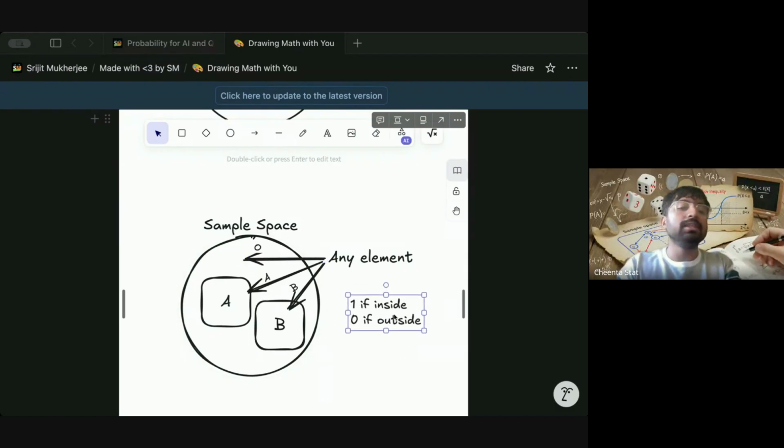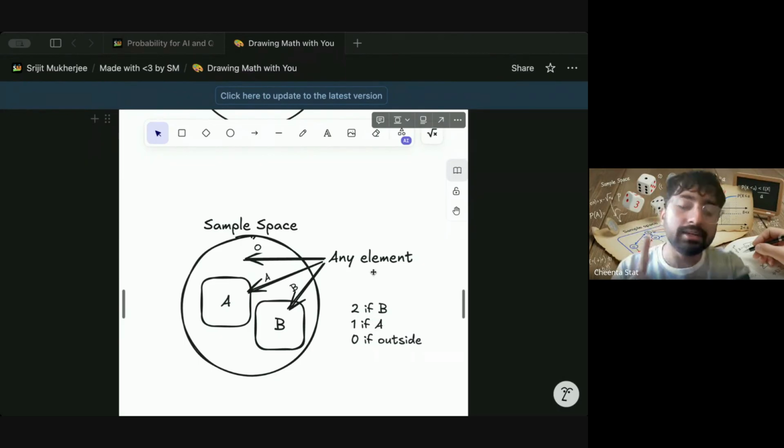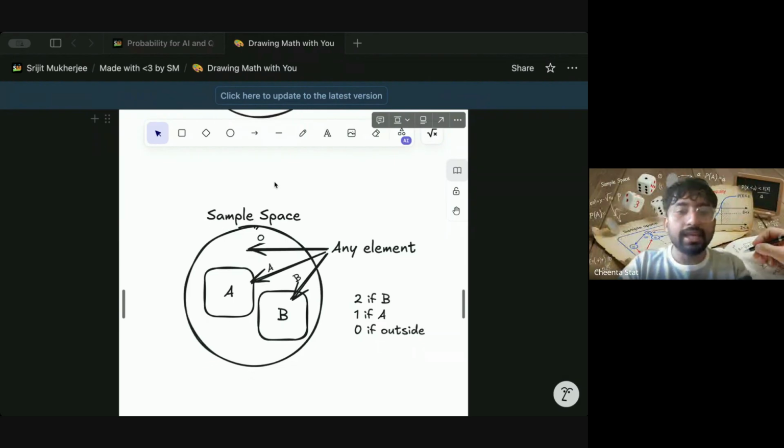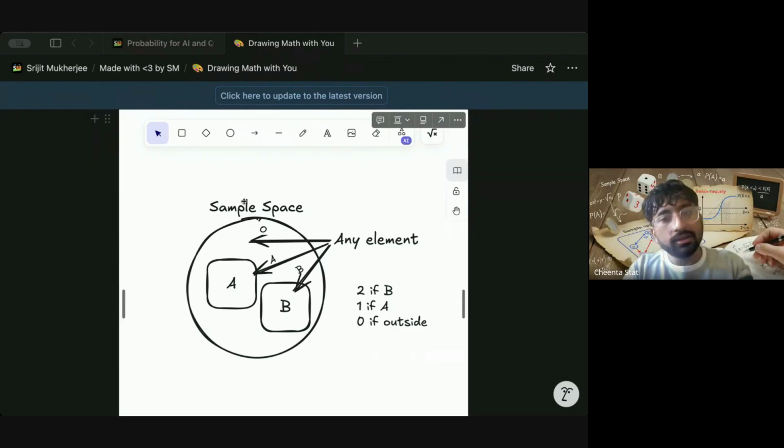Any element can be this. So we can say 0 if outside, 1 if inside A, and 2 if inside B. So any element. Same structure, we have an ordered set. So any element can be now